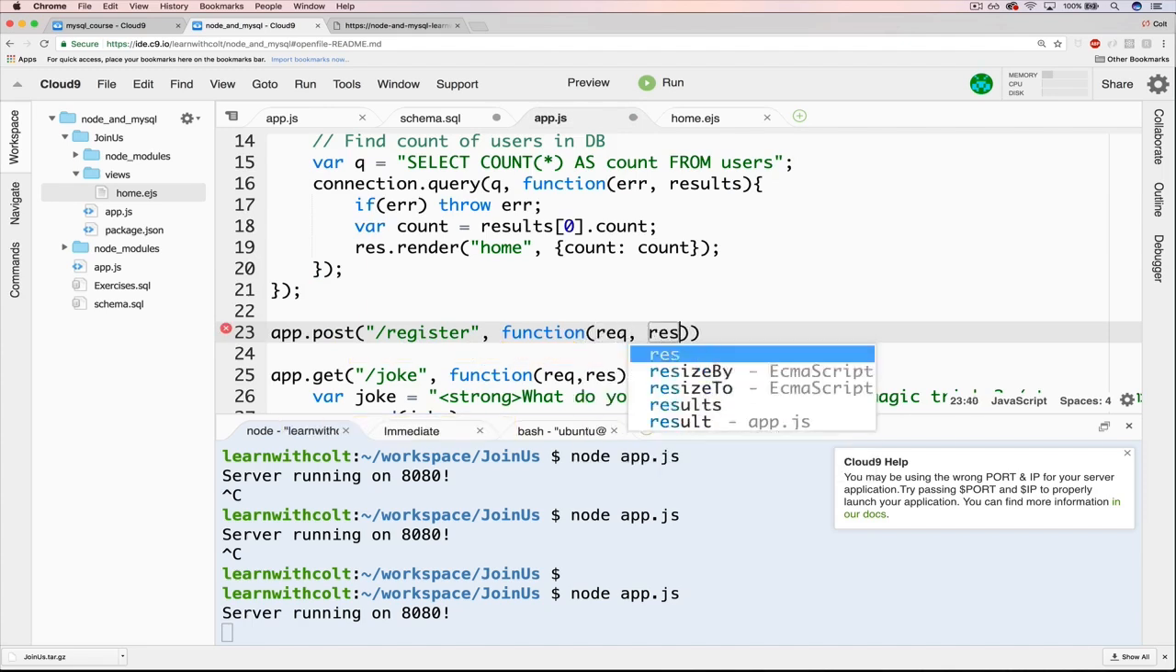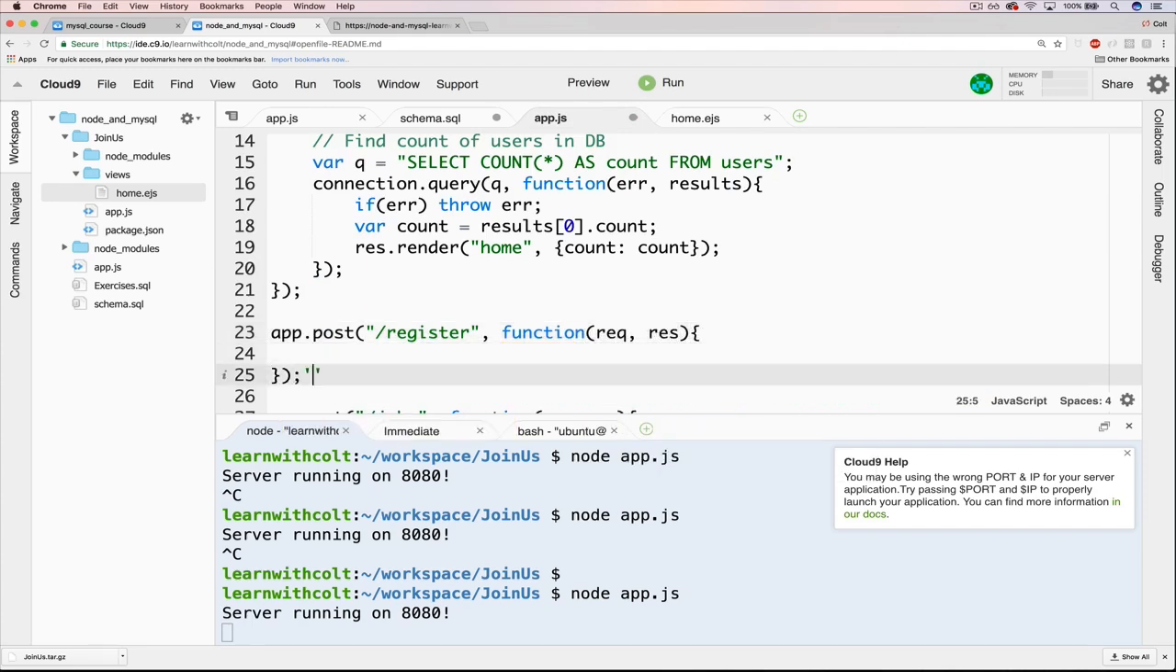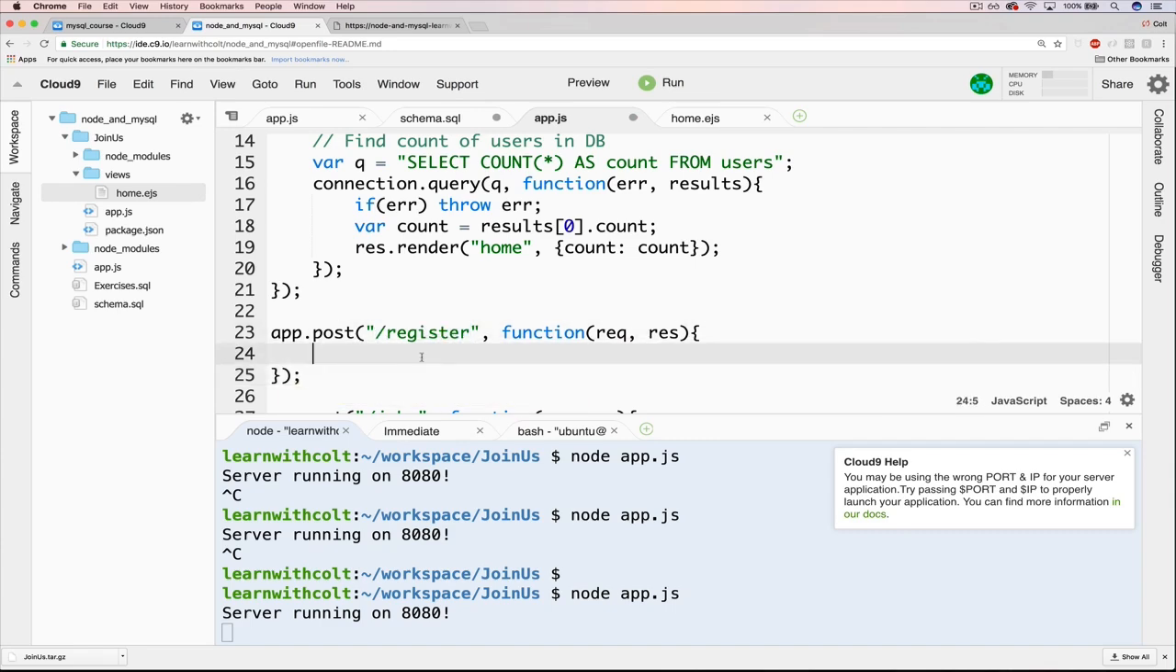And our same request and response. This will only be triggered when a post request is sent to /register. So just to prove that, let's do a console.log: post request sent to /register, just like this. And now if I restart my server,